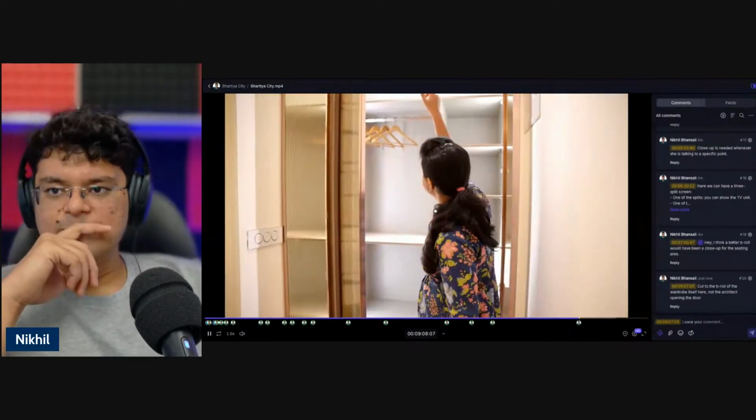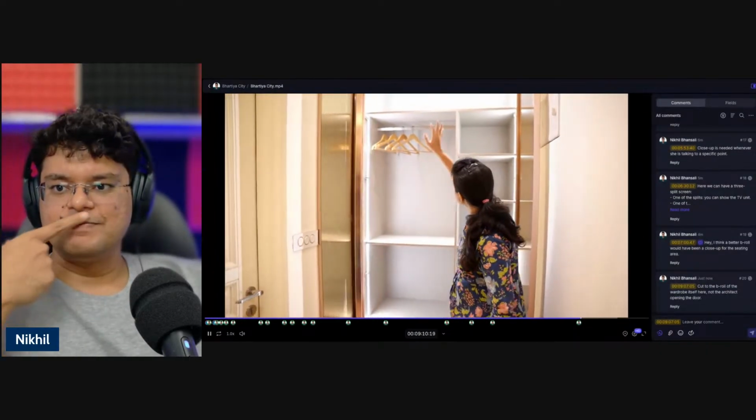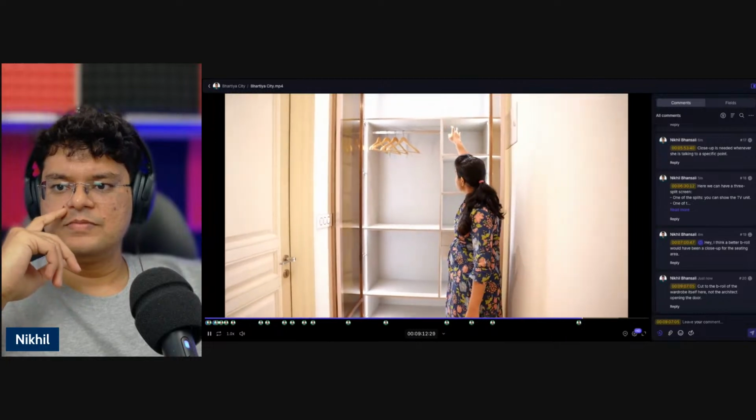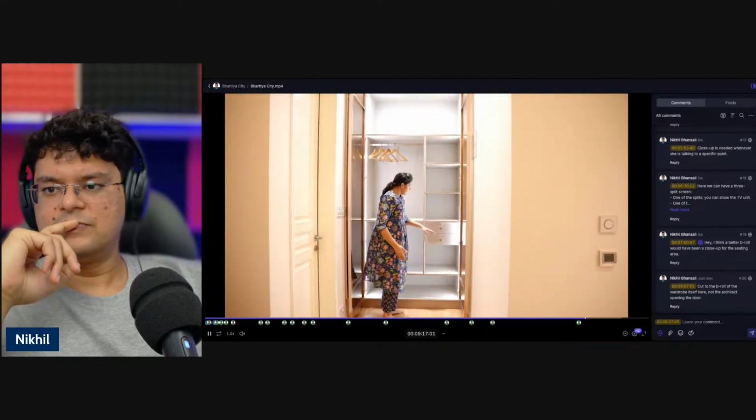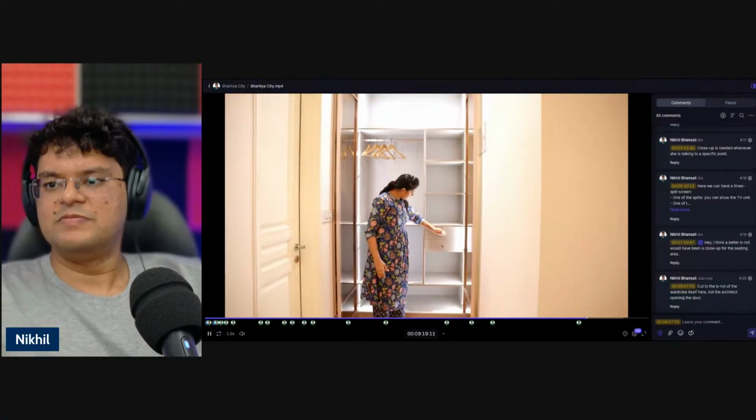Right from the ceiling to the bottom. Here for you to house rare items, here for you to hang your clothes, some storage section here, here your locker in the drawer, and then